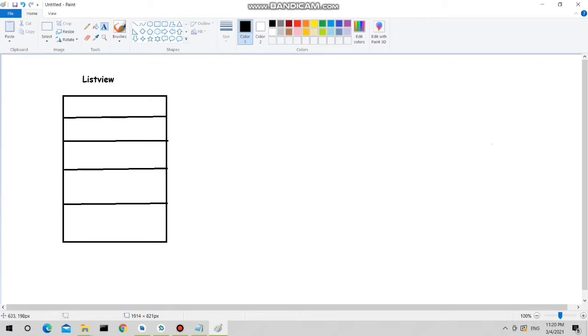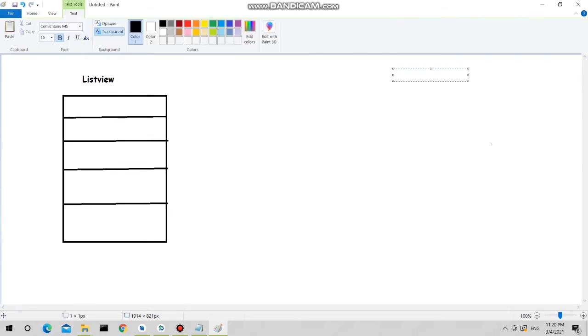To display or set the items to this list view, you must have the item source with you. The items you can store in many ways, such as using an array, a string array to store the list of items.